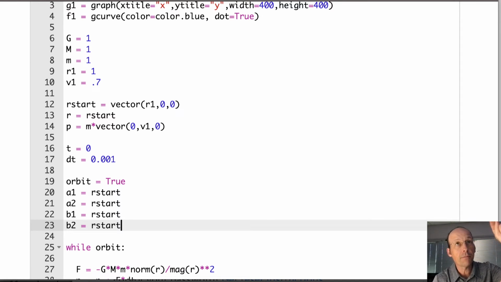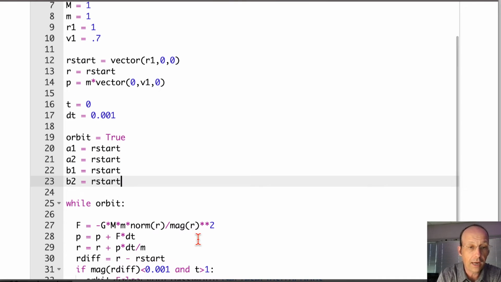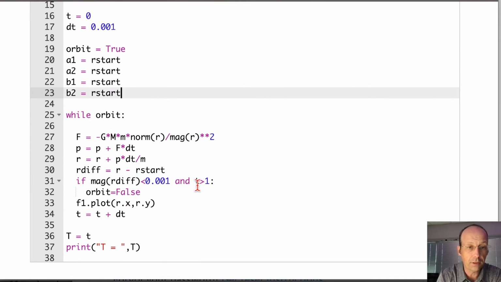As I move around, when I get to that top, what's true about the top up there? Well, the top, I know that the x value is, the y value is positive, and that top point, it's going up, and then it's going back down. So the y velocity is going to be very close to 0. So I want to look at when that y velocity is very close to 0 and y is greater than 0. So in the loop, I can put down here, let's put it right here,